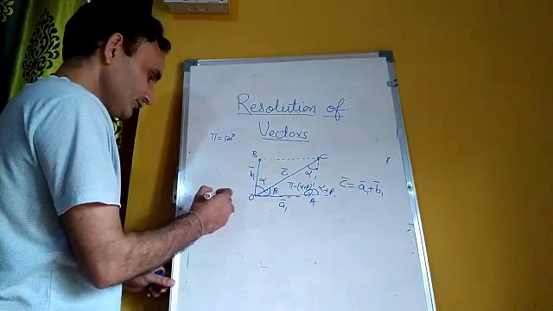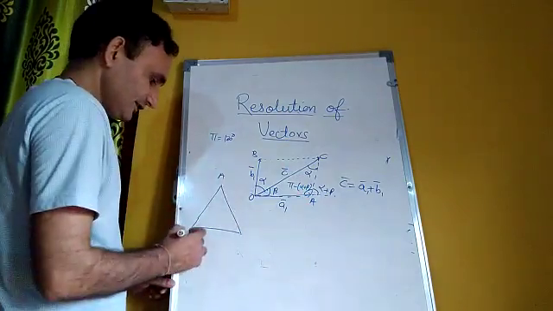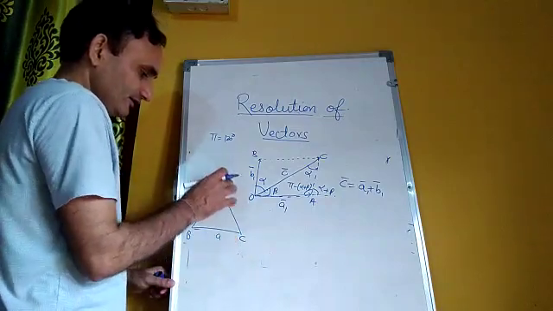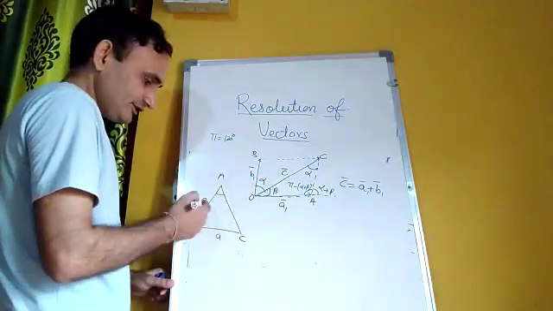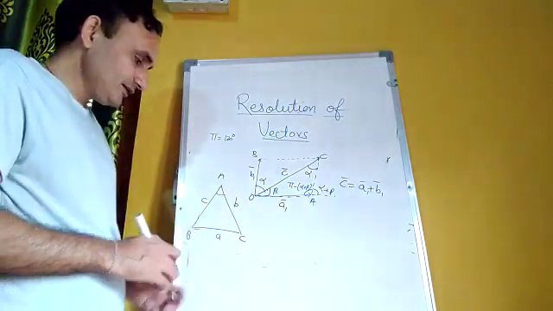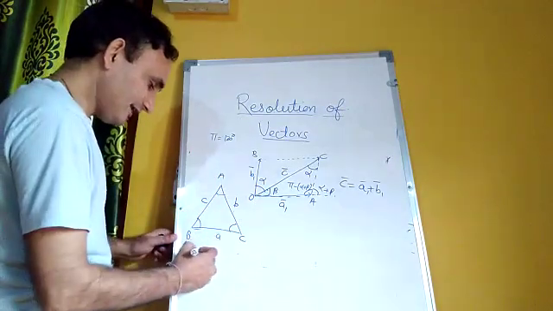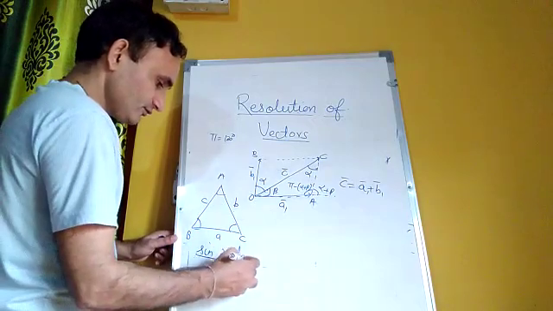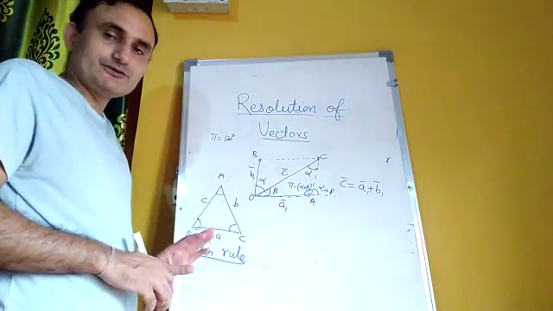Now we have a rule called the sine rule. Suppose there is a triangle ABC, and the side opposite to A we call small a, similarly the side opposite to C we call small c, and the side opposite to B we call small b. These angles are called angle A, angle B and angle C. Some of you may not know this rule, so you can learn it here. We will not go into the proof of this rule, we will just memorize it.